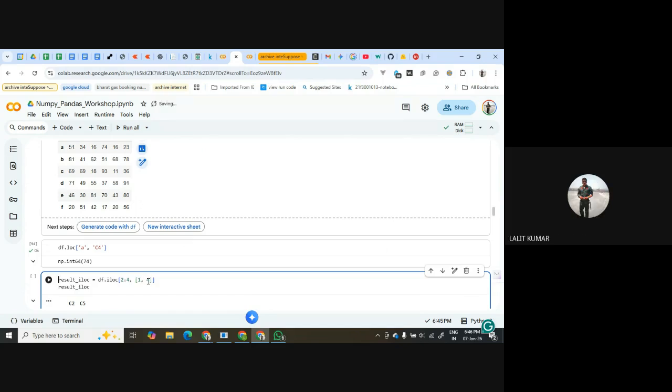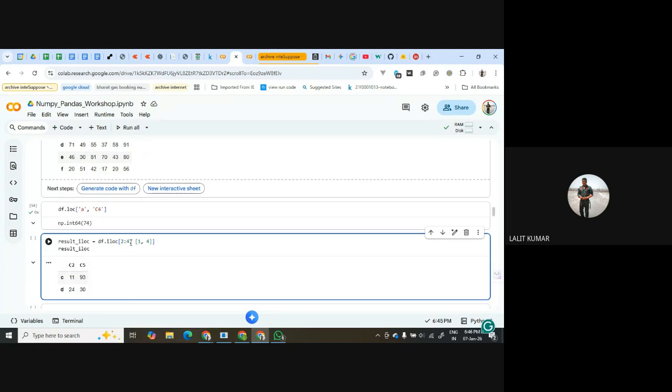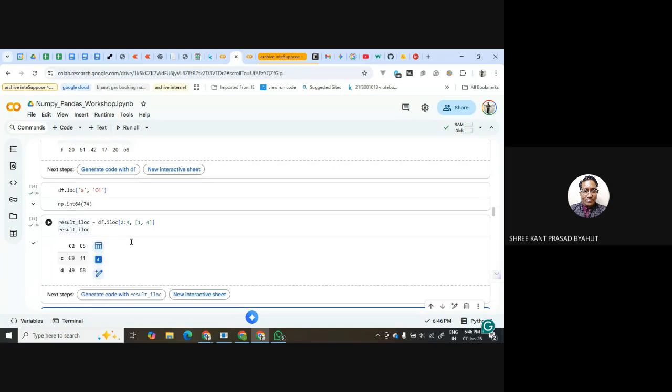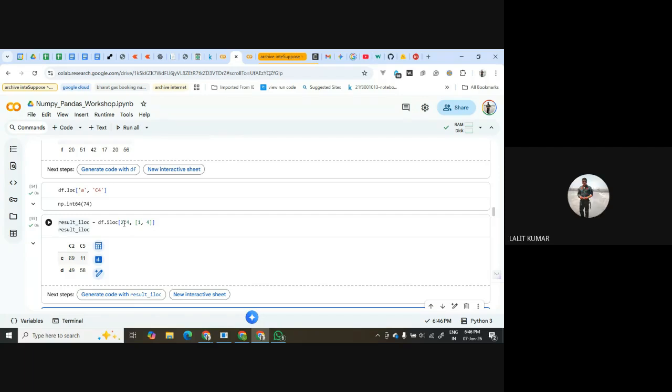So the second column and fifth column, and from the second row and third row. So this is the third row, and 4 is excluded. Yes, 2 to 3. The third and fourth row. Second and fifth column.